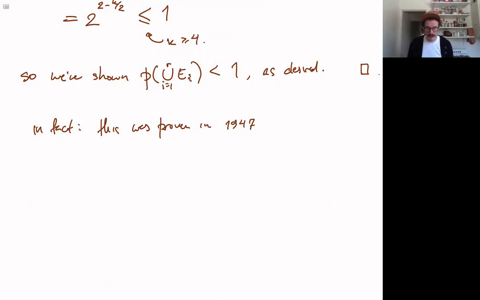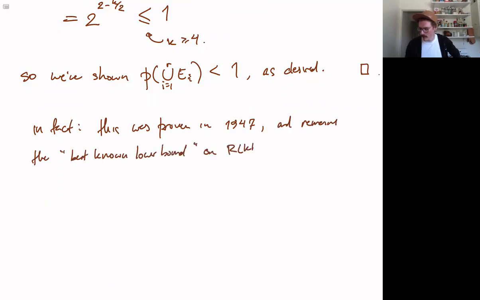So it's quite, by some standards, quite old. But to this day, it remains the best known lower bound on this number,